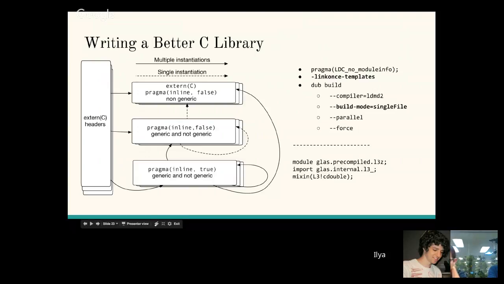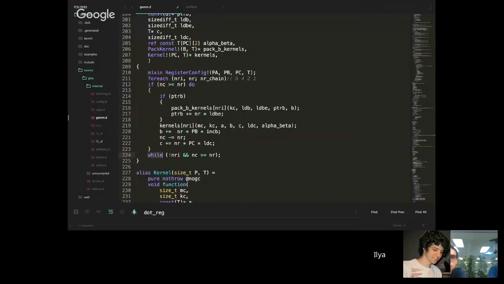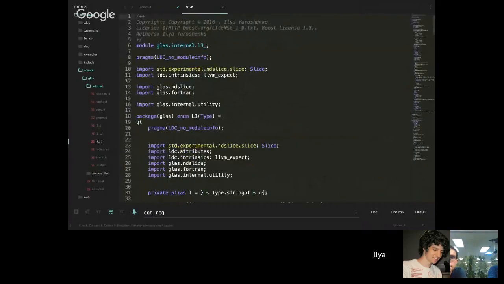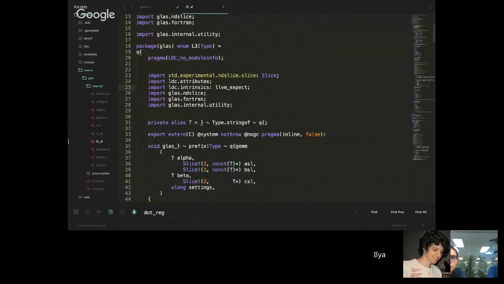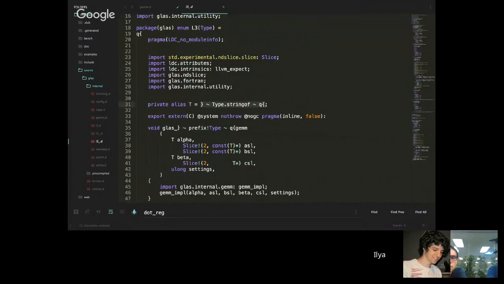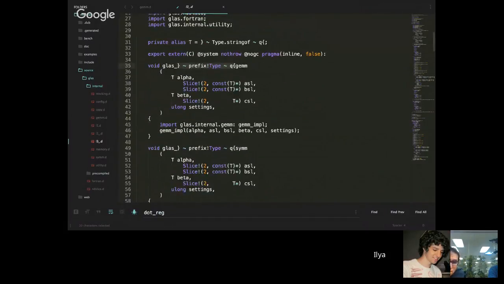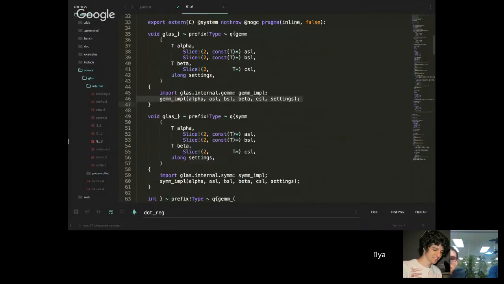On the right side, you can see a piece of D code. This is the instantiation of generic code which should be compiled. So we have the same code for different types. It should have its own interface. So it will look like a small library, small files with a generic interface. It has a string which has an alias to the type, which was passed, like double or float or complex, and we use a prefix for gem, like S for single, D for double, and other prefixes. Then we just call the generic implementation, which is inlined,